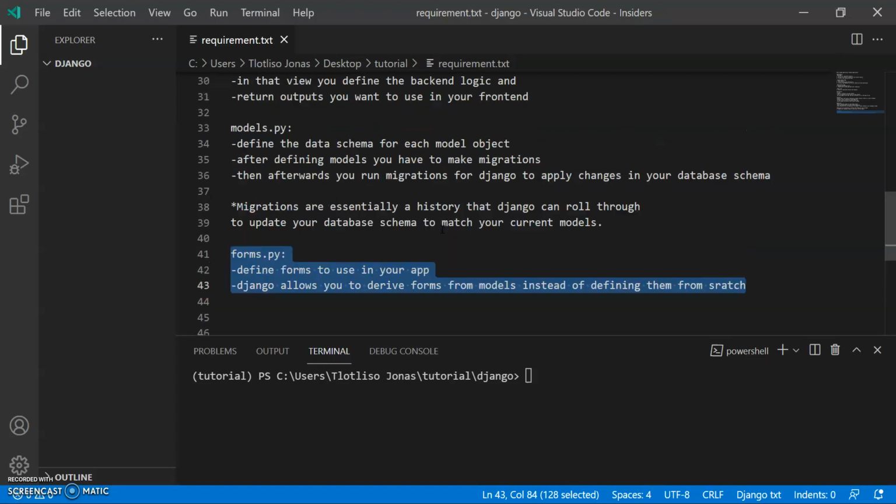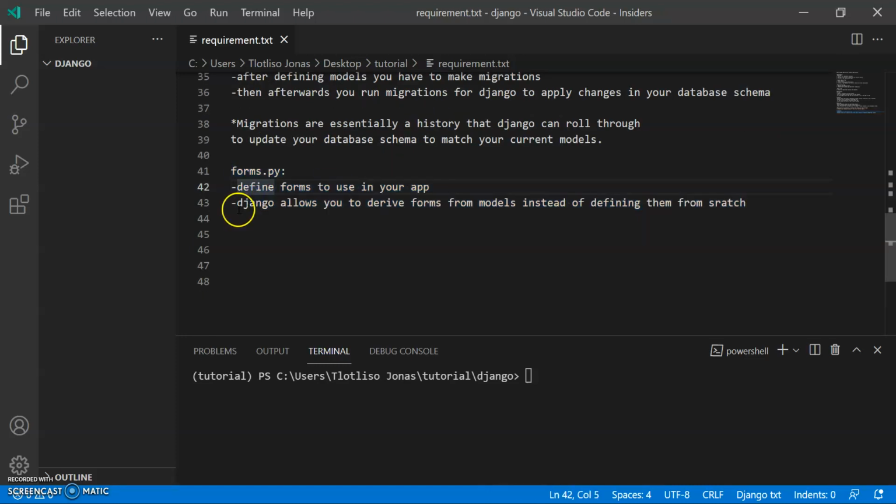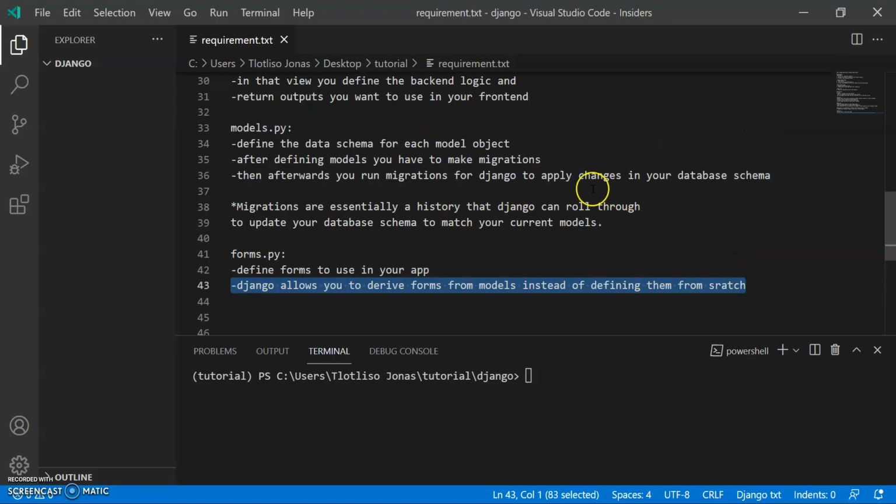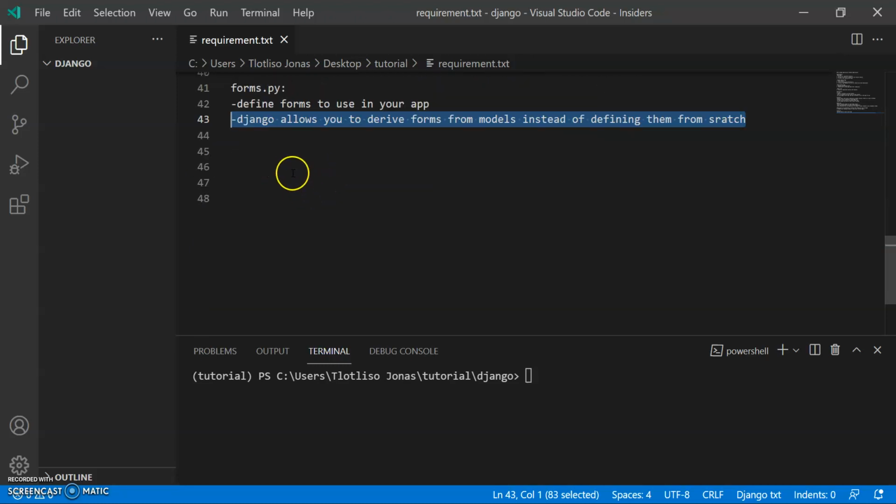The way you define your forms is very similar to how you define your models. Django also allows you to derive forms from the models you defined instead of defining them from scratch. This is very useful, and in this tutorial we will be using this method, where we just define the forms from the models that we define in our models.py.